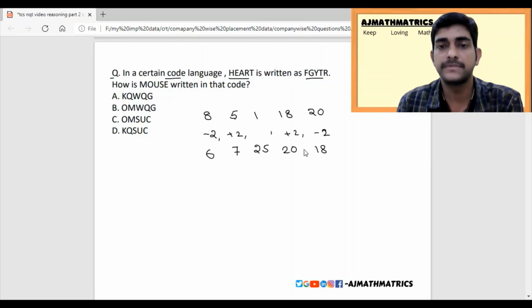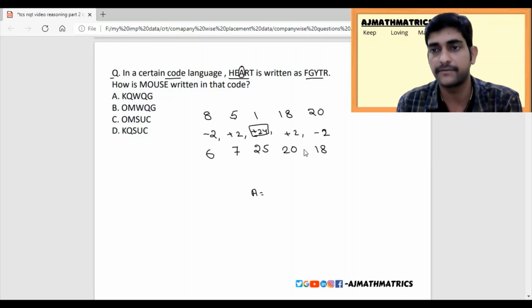Okay. So if you observe 1 and 25 here, this is actually plus 24. But instead of taking a value as 1, is there any other number that we can find? Because adding 24 looks odd for us. So that's why I am checking whether any other possible numbers are there for A. A value is 1 we can take, and A value also we can take as 27 because A to Z is one circle. Again after the Z, A will come. So if Z is 26, A will be 27. So this is why we can take A value as 27.